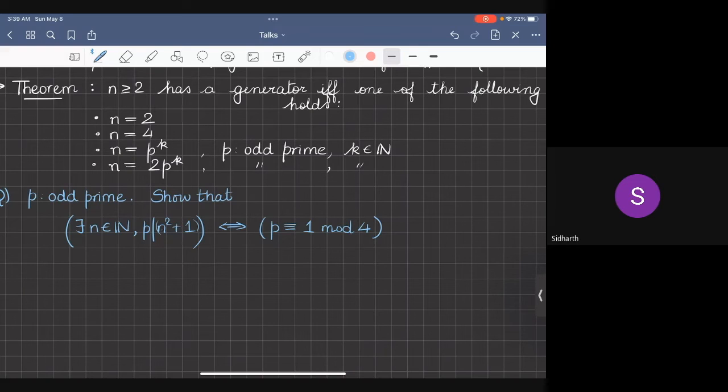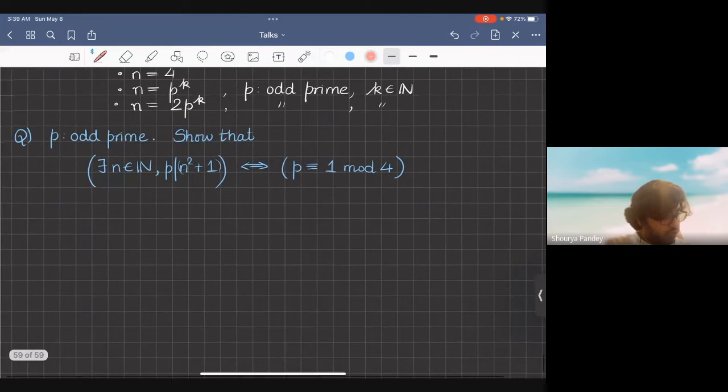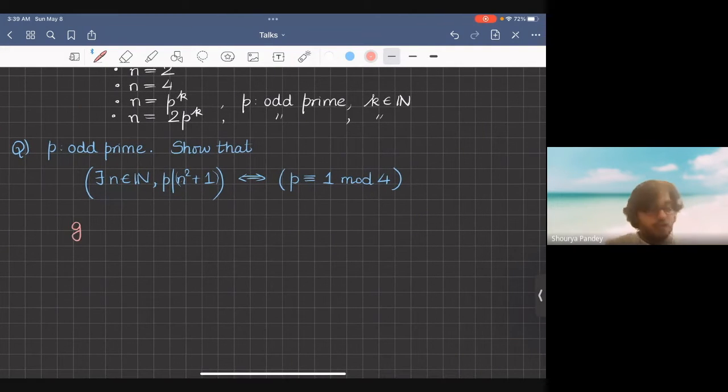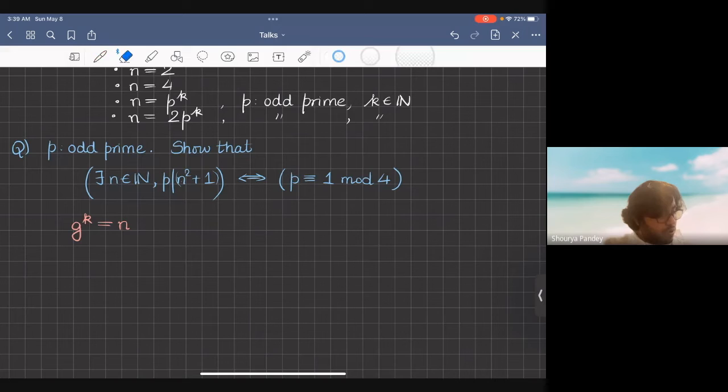Let there be a generator G. So G is a generator modulo P. We'd need G to the k equal to n, then G to the 2k is congruent to negative 1. Yes. So we take a generator G, and if such an n exists, it must be coprime to P. So we consider any n mod P. That's the same as considering G to the K for some K, because a generator generates